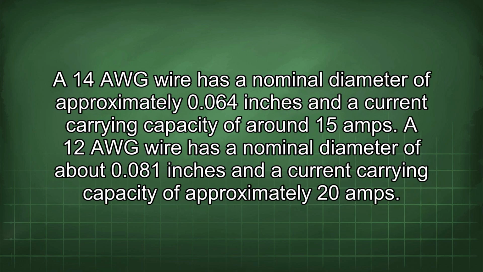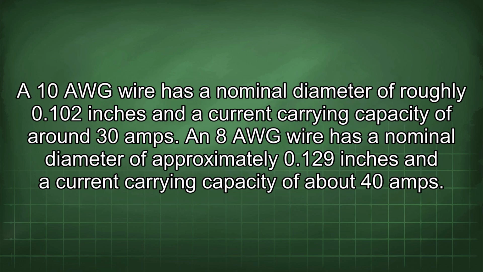A 14 AWG wire has a nominal diameter of approximately 0.64 inches and a current carrying capacity of around 15 amps. A 12 AWG wire has a nominal diameter of about 0.81 inches and a current carrying capacity of approximately 20 amps. A 10 AWG wire has a nominal diameter of roughly 0.102 inches and a current carrying capacity of around 30 amps. An 8 AWG wire has a nominal diameter of approximately